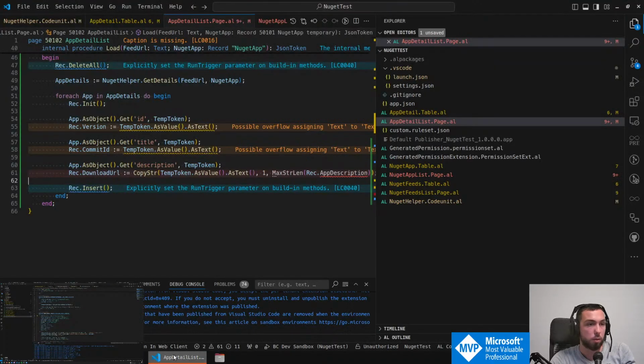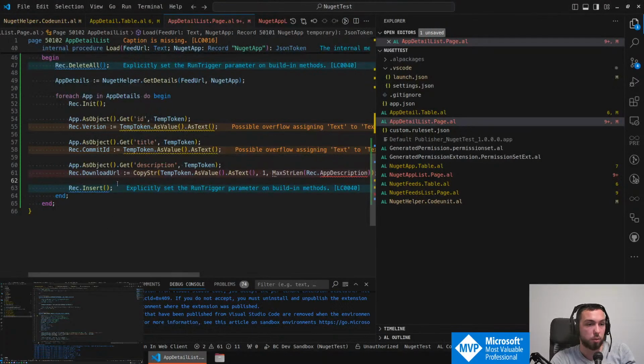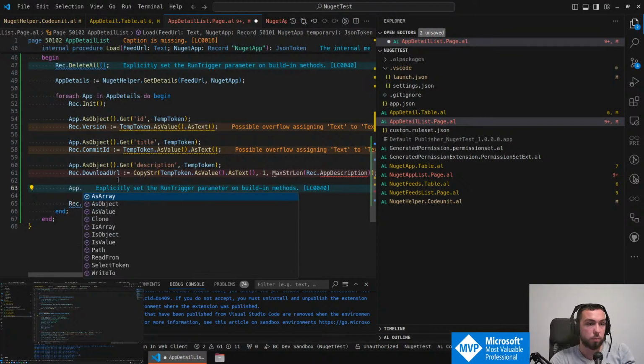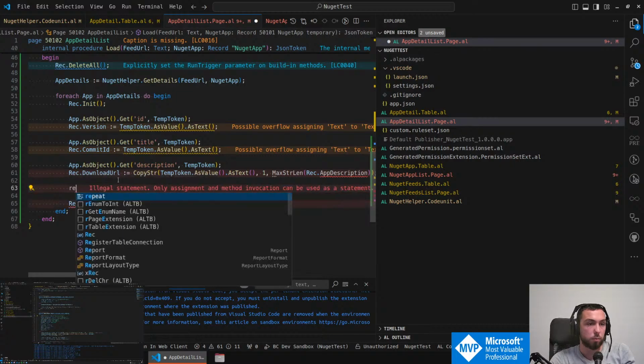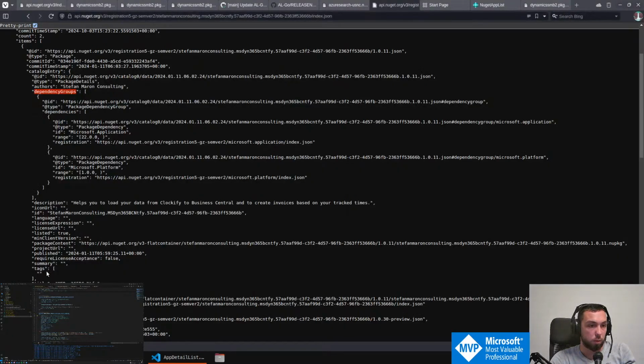Yeah, okay. And the dependencies. All right, so how are the keys? The version is